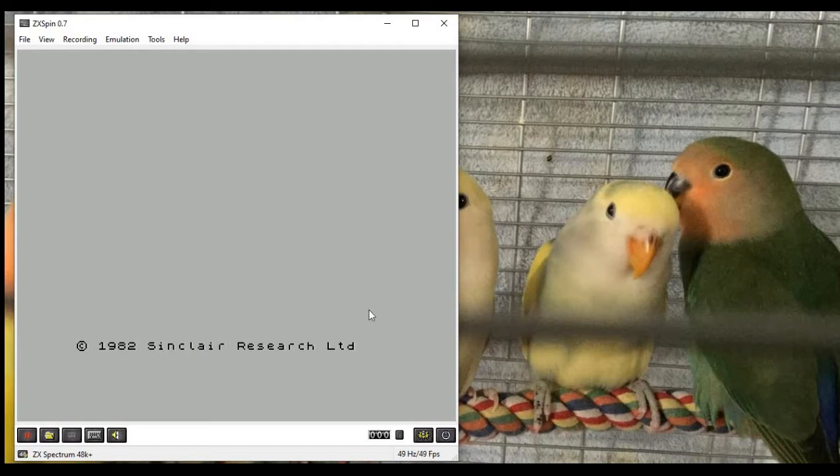We can start typing here on our regular computer keyboard, and I could type 10 print, and remember to get the characters on a normal keyboard that you would get on a Spectrum keyboard, you have to figure out actually how to produce those characters so they're not going to be in the same place as a normal computer keyboard. So for example, I need to generate a quotation mark here, which normally I would do by just pressing Shift quotation mark, but in this case I need to press Control P because that's where the quotation mark is on a normal Spectrum keyboard. And then I'll type hello, and then Control P again to get my second quote, enter,